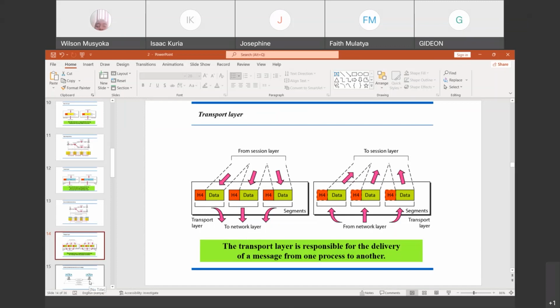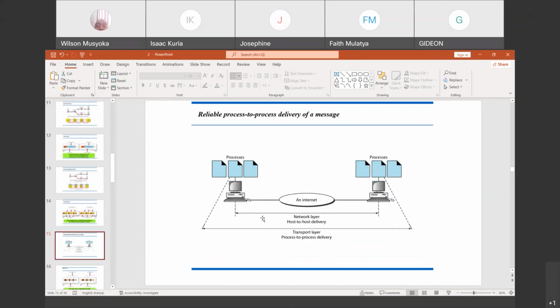So that is what is happening at the transport layer, which is shown here. This application or process, because an application will be broken down into different processes, is how a program is normally executed by the CPU. So those processes are the ones which are communicating.